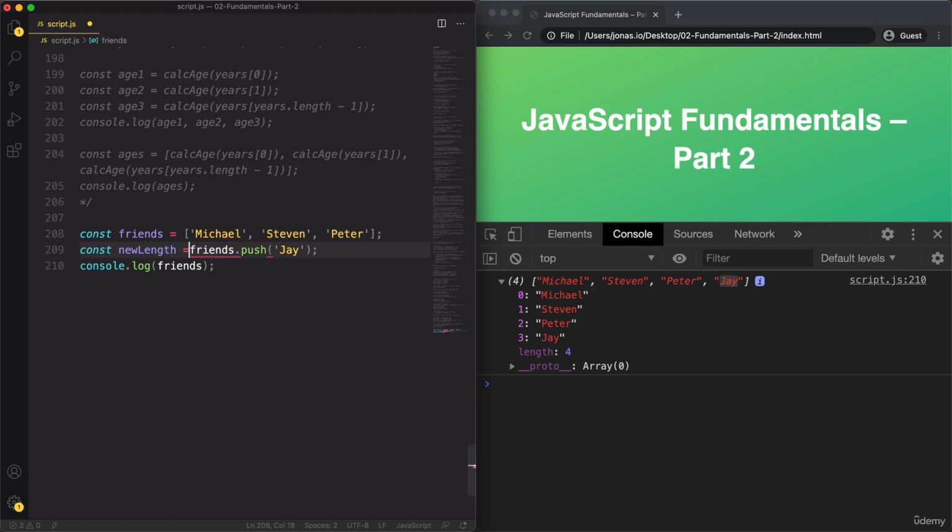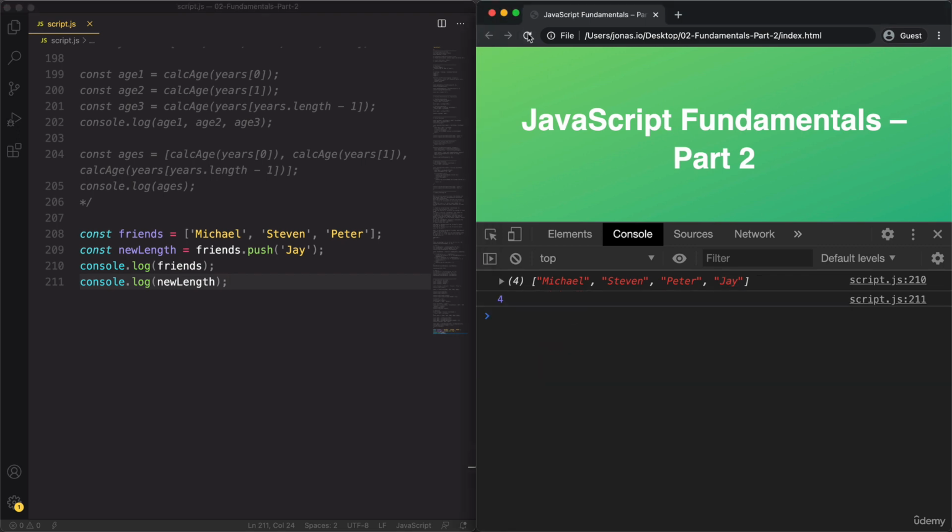So let's call it newLength, and let's then also log it to the console. And indeed, it is 4. So most of the time we actually don't do this. We just push an element and call it a day, because usually we don't immediately need the length of the new